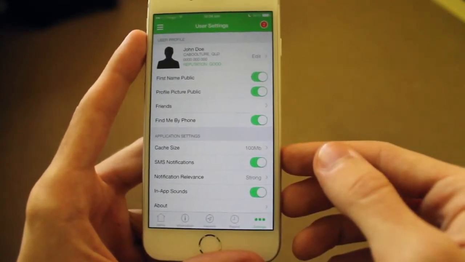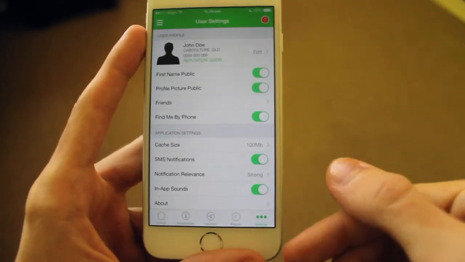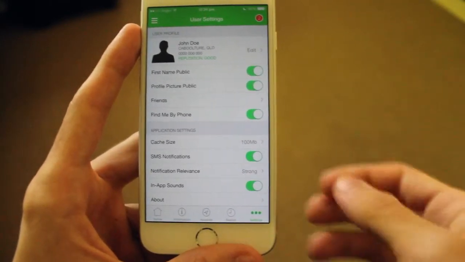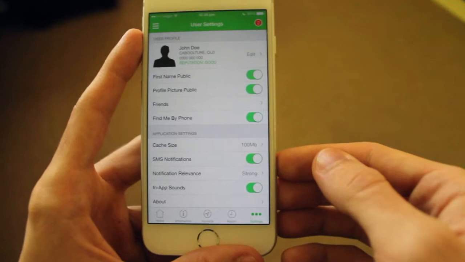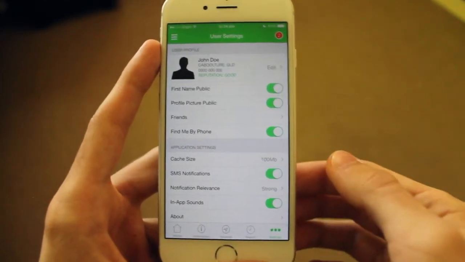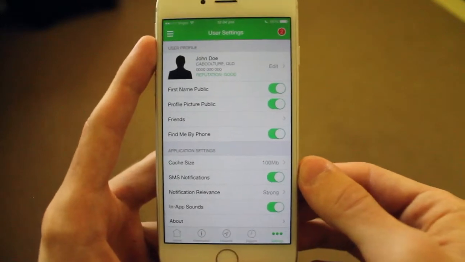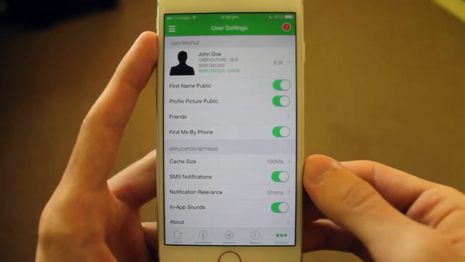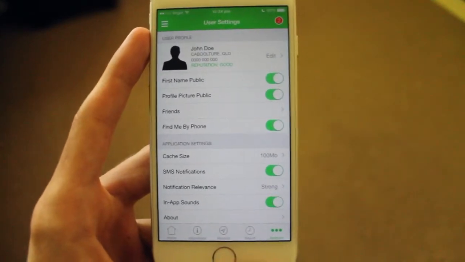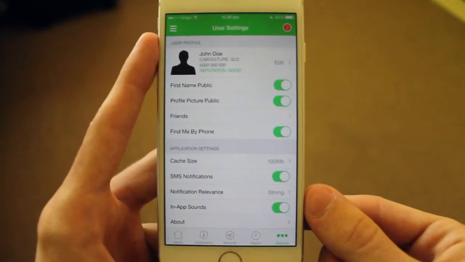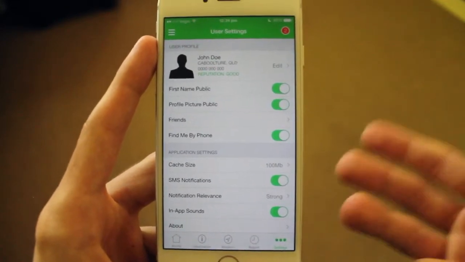You can also set the cache size of the application, so that incoming alerts, the map, the hazard map, and all those kinds of features can be cached. And then here's one of the most interesting features of the application, which is the SMS notifications. We go into a lot of detail about how exactly this works in our report section. However, what it does is, if you enable this, then in a disaster, of course,